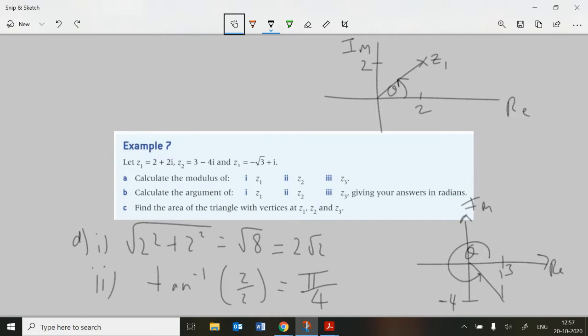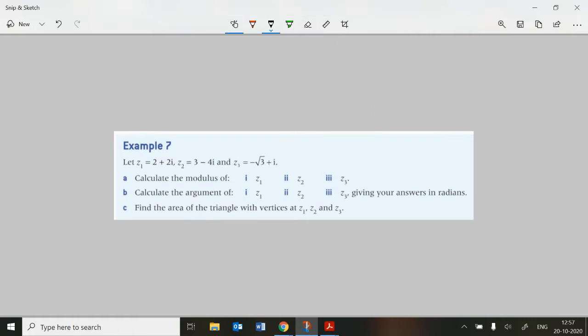So for part C, it says find the area of the triangle with these vertices. Now, what it's asking us to do there is work out the area of the triangle on the Argand diagram. So on the Argand diagram, and we could equivalently do this, instead of using the Argand diagram, we could use just a normal coordinate system. It would also work for us here. But we're talking about these 3